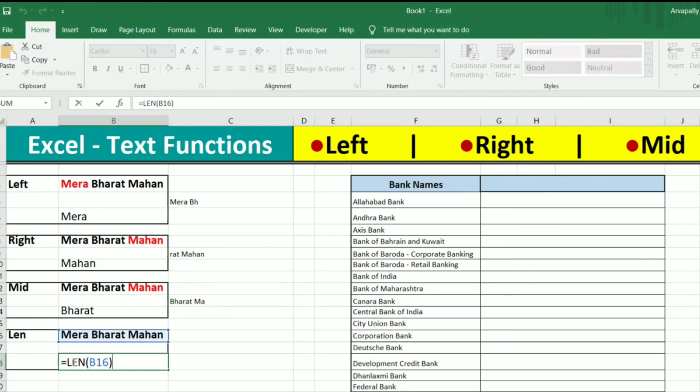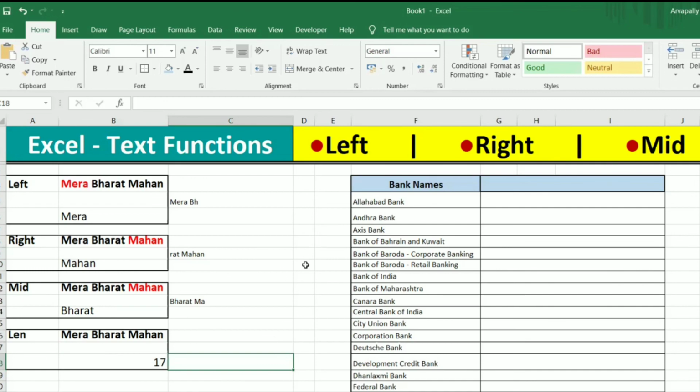It is the shortcut for this function. The LEN function requires only one input, which is the text. The text is B16. B16 contains Mera Bharat Mahan, right? So it is counting the number of characters including spaces. This is the length function. Okay.